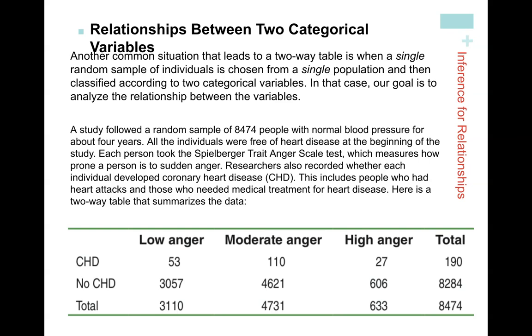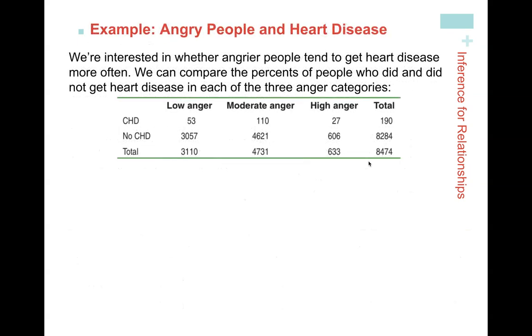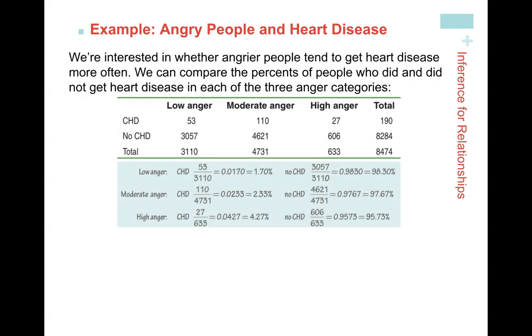So what are you going to do with these numbers? What did we learn in video one? Well, we're going to figure out the expected counts, right? So we're interested in whether angrier people tend to get heart disease more often. That's what we suspect. We suspect there's a positive association. We can compare the percents of people who did and did not get heart disease in each of the